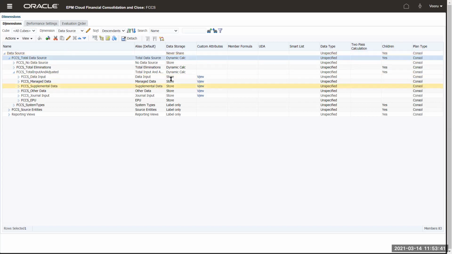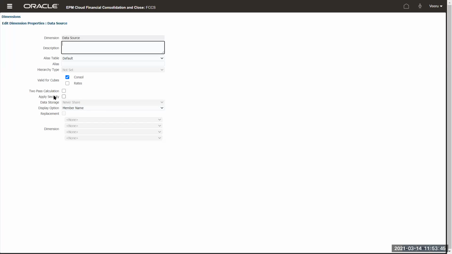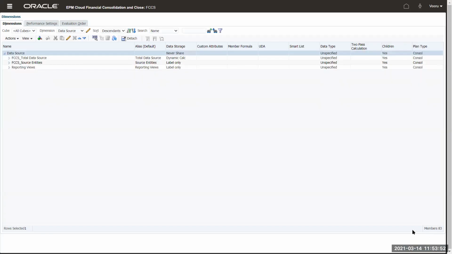Maybe we did not enable it. See, you don't see the security option here because at the data source level, we have not enabled it. When you enable it, you'll be able to see the security at that level. I'm not going to enable it. I want you guys to do that as part of your lab, to see what options we get when you enable the security. In this case, I have not enabled it. I want you guys to test it. So that is part of your lab, to see how you can test the scenario, entity, account, and data source level security. Okay. So this is another way of restricting the access to the users.